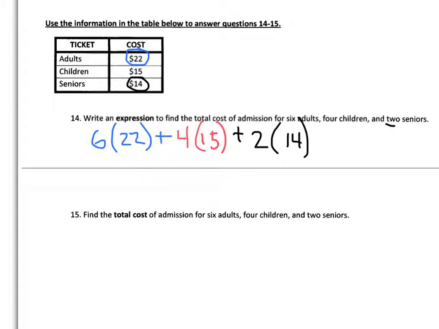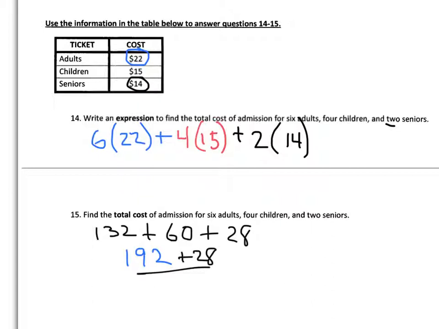So I'm going to go ahead, multiply 6 times 22. Okay, 6 times 22 is 132, plus 4 times 15, that's 60, plus 2 times 14, which is 28. Since we have all addition, we're just going to take them in the order they come, from left to right. So, first part, 132 plus 60 is 192. Bring down the other part, plus 28. Add these two together, and you're going to get